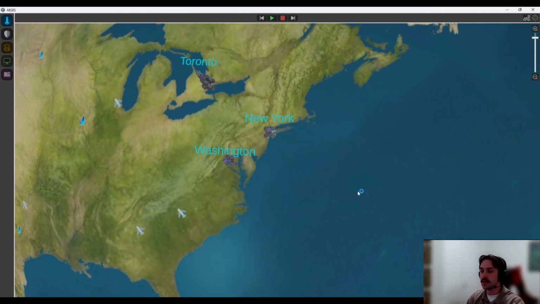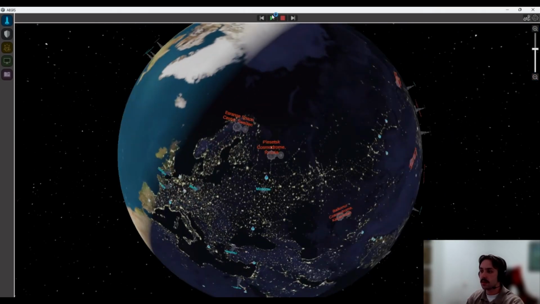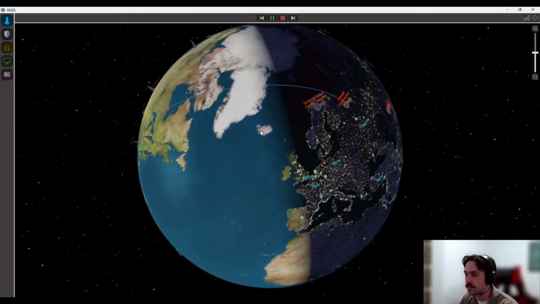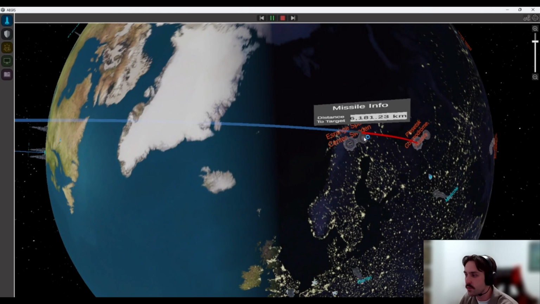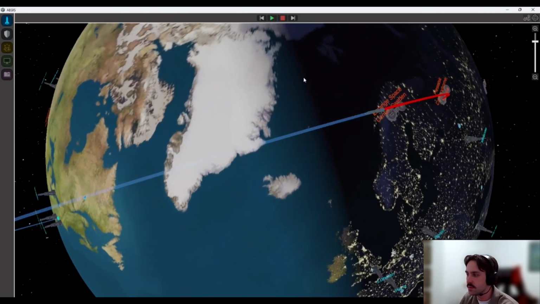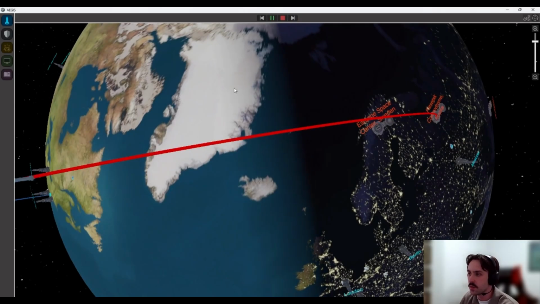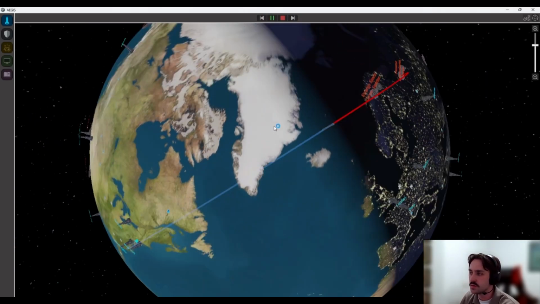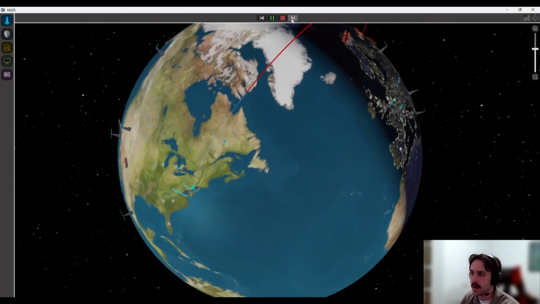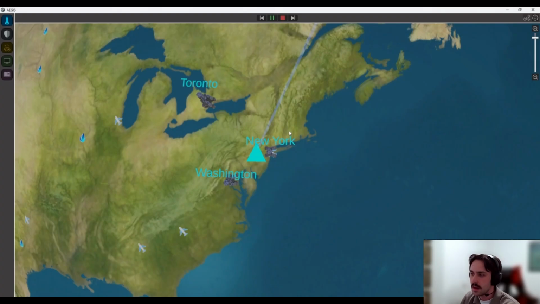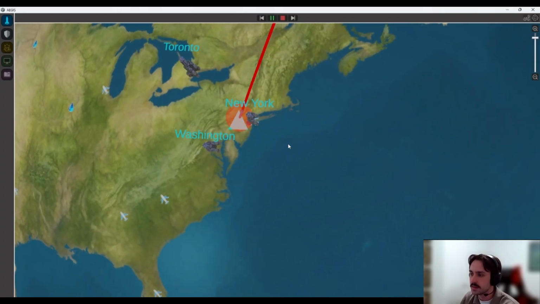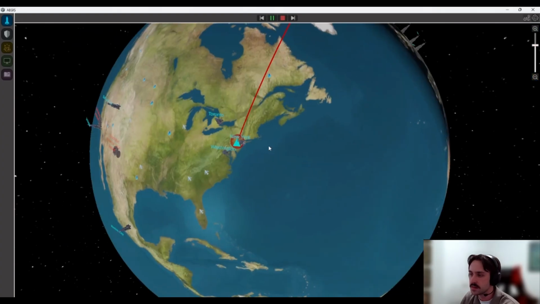Let's also increase the blast radius here, and then we can go ahead and click play on our sim and watch our missile fly out of the Russian cosmodrome. We have a bunch of really cool features here, including some overlays that let you see the missile's distance as you click on it. We're also able to pause our simulation, view things here, click play, fast forward. We're also able to rewind should we choose to, and we can go ahead and watch our missile as it comes into impact. So let's fast forward that up a little bit here, and we can see as it gets ready to explode outside of New York City, causing a nice little explosion there, encapsulating the city.